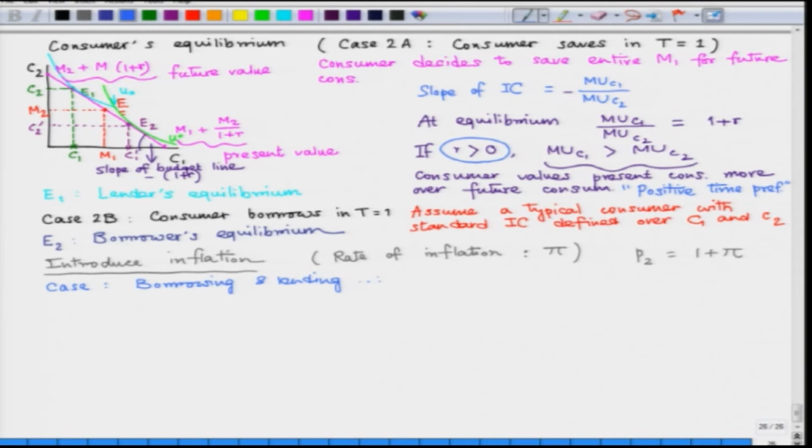So, if you go back to the previous slide, you will see that there we have expressed the budget constraint as the following. Now, if we assume inflationary pressure pi, then we have a new P2. So, this budget equation will now be rewritten as